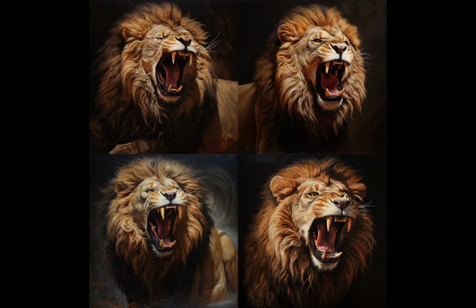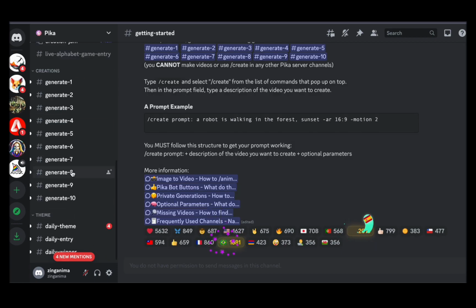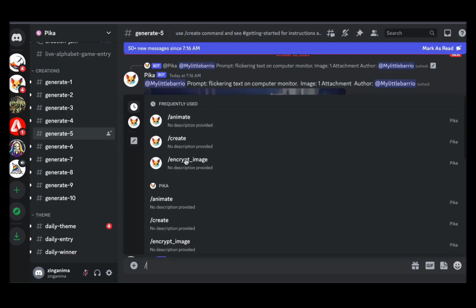For instance, the image you see here was generated using Midjourney. It is worth noting that this image is static since it is just a picture. If you want to add motion to such images, you can achieve that with tools like Pixelabs or Runway ML, which are excellent for animating your creations.